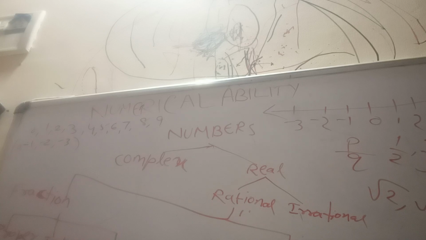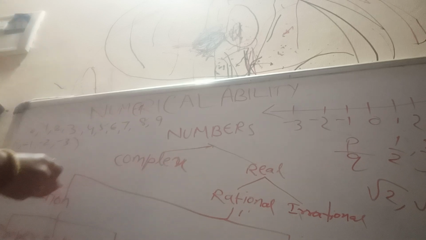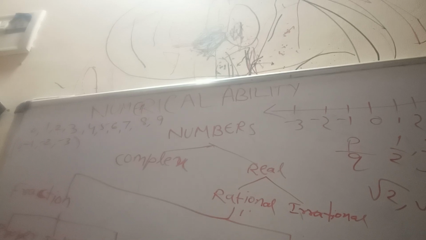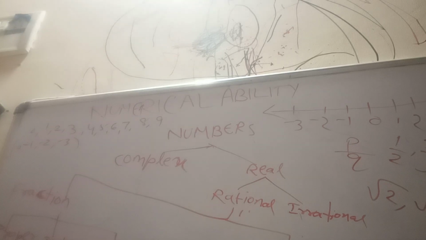Okay. Now come to fraction. Rational number is divided into two parts. Integer is completed. Now fraction. We should know about fraction. Fraction means 3 by 5, as I told, which we write.